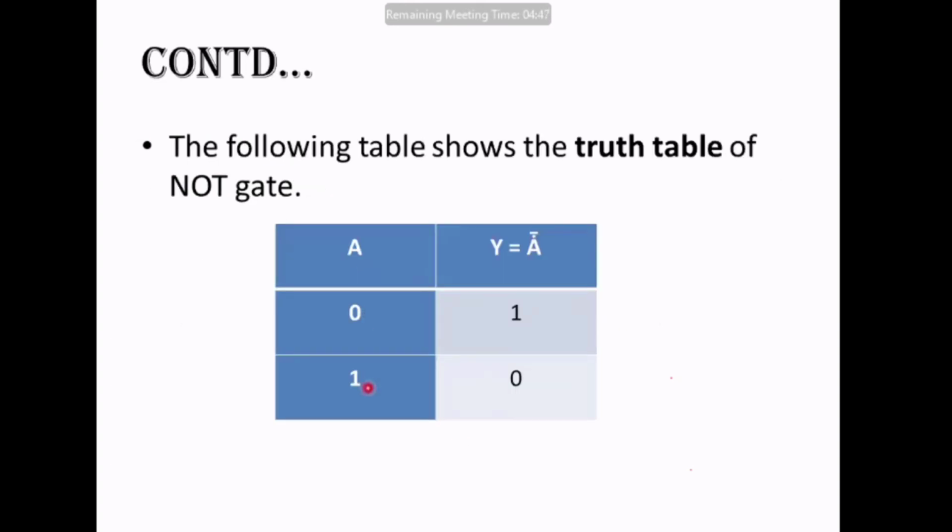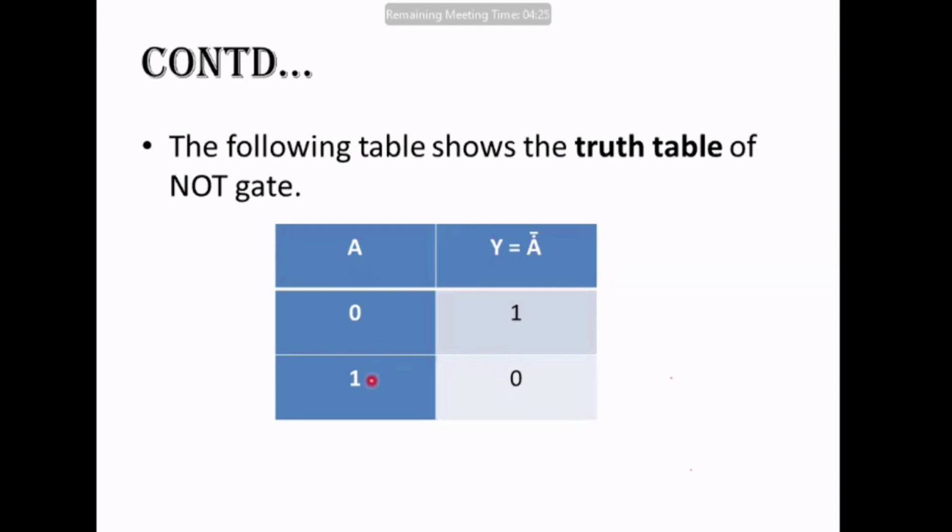So this is the combination. This is the input A which we have presented, right? And this is 0, right? And this is 1 because you are having only 2 combinations of the input. So this is 2 combinations, 0 and 1. That's it. Now when you present 0, it will be inverted and you will get 1 as output.